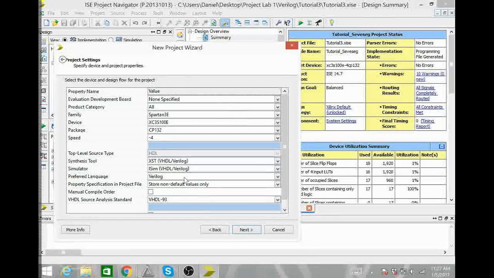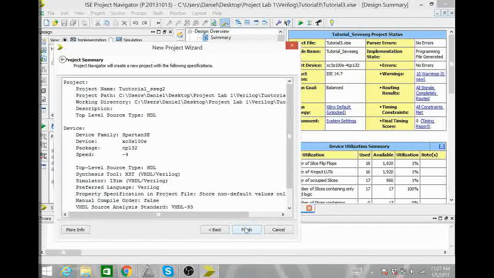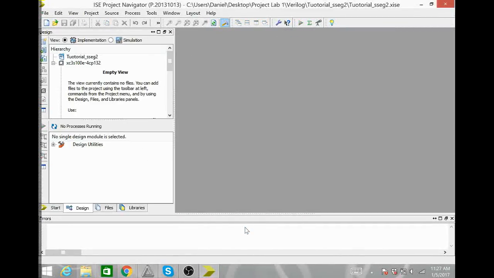Look at the project settings. If you are using your own computer and you have done a Verilog project on your BASYS2 board, then these should all be the same. If you're using one of the lab computers, then you want to make sure you set all of these settings for the specific BASYS2 board and FPGA chip we are using. So hit next and finish, and it'll create this empty project that we can start writing some code in